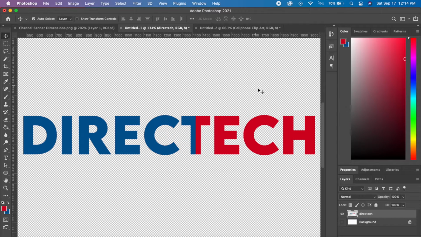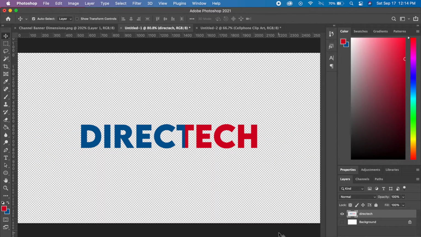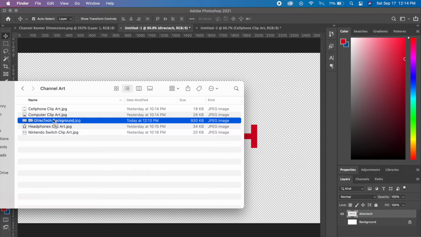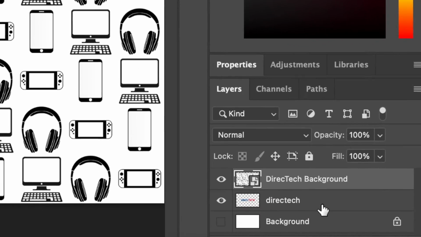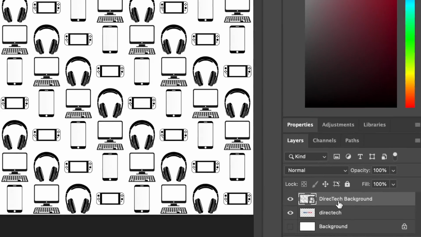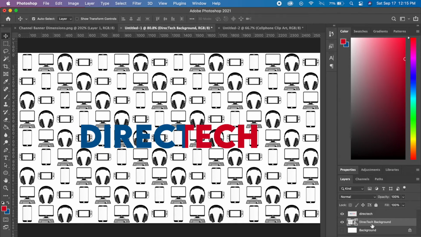Click OK. Then take the image you just saved, the background image you made, and drag it over. When you go over to the layers on the right, take your background layer and move it below. And this, in a nutshell, is your channel banner.